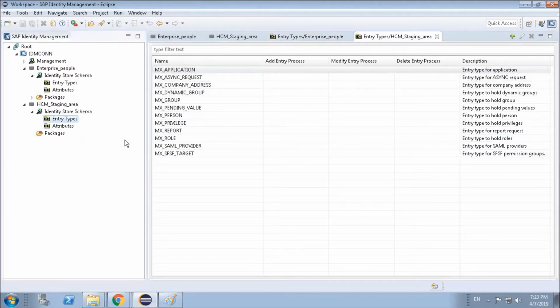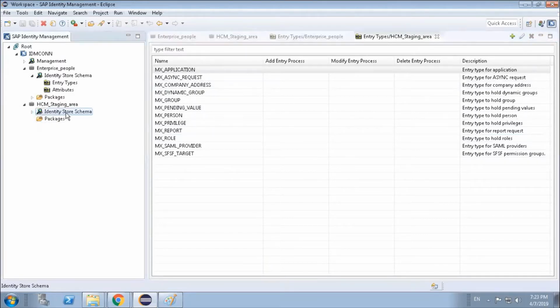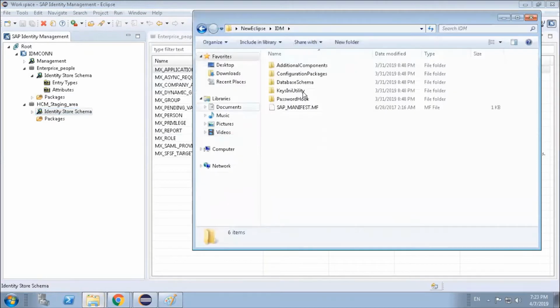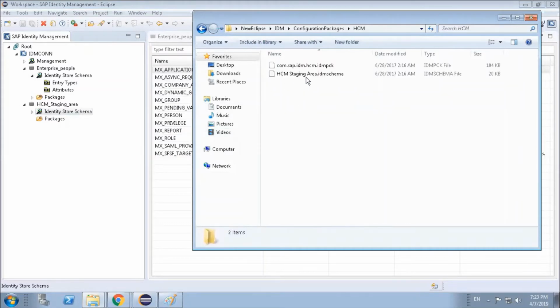Okay. So before importing the package, SAP also provided one important schema as well. If you go to the ACM and in this configurations area, under the ACM folder, you will see one package and another schema.